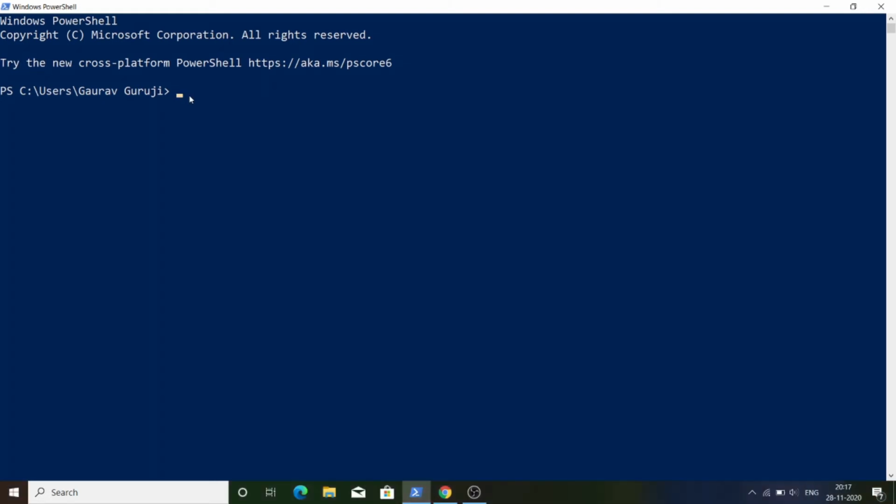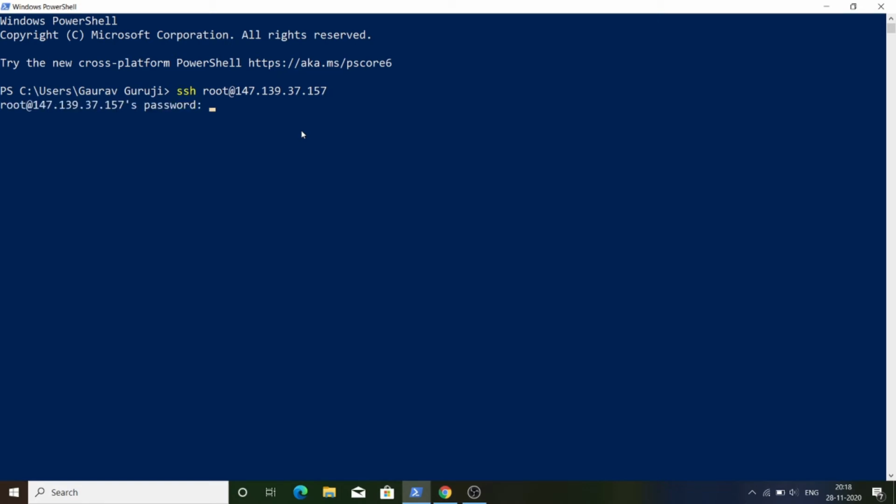In this demo I will take access via PowerShell, but you can also use the Putty software for accessing your Linux instance, or Linux server. After that, we will go step by step to install Terraform on our Linux operating system. First of all, we will take access, and the command is SSH, then your username root, @, then your IP. This is the IP of my server. Hit enter.